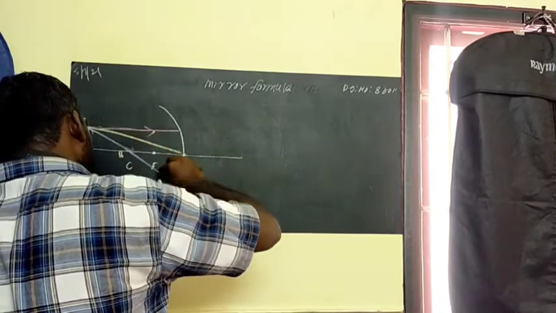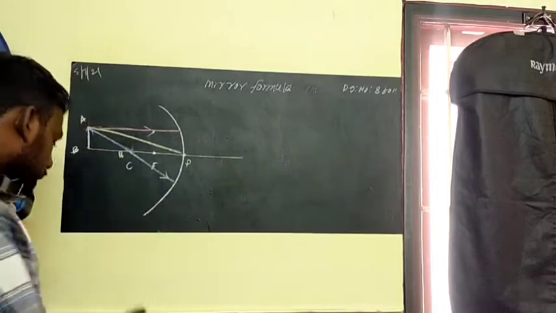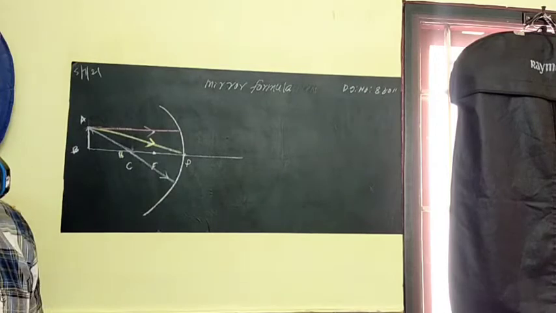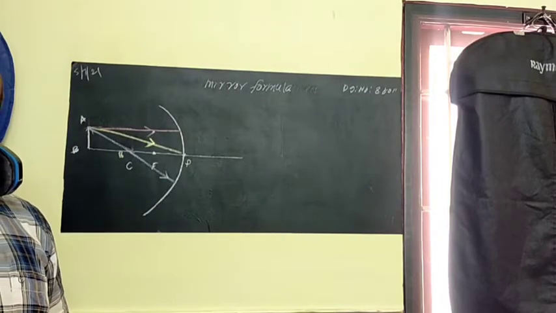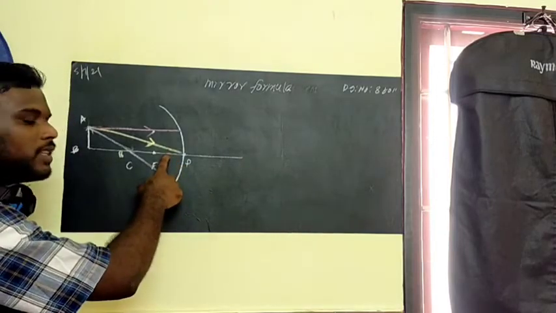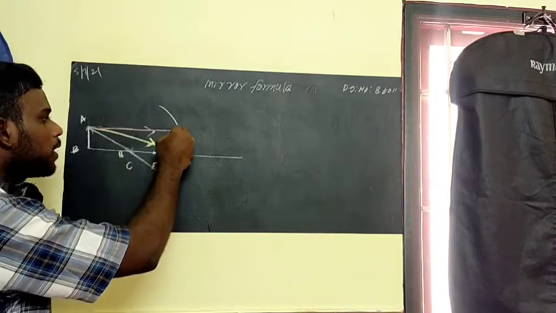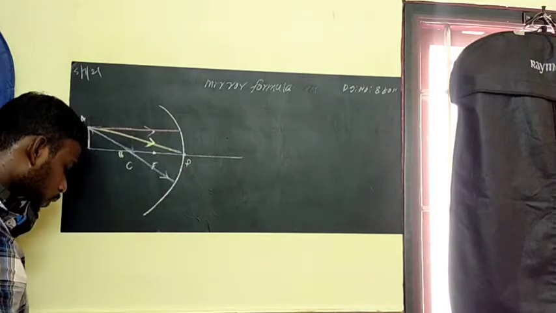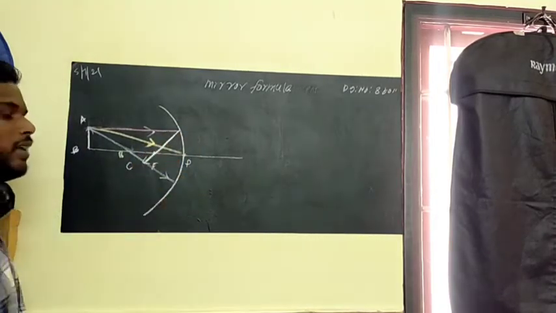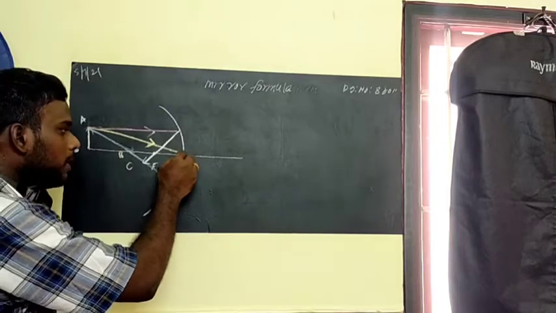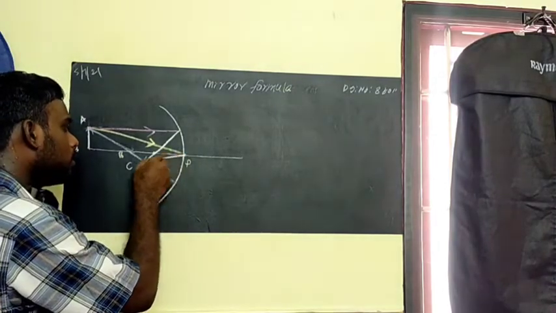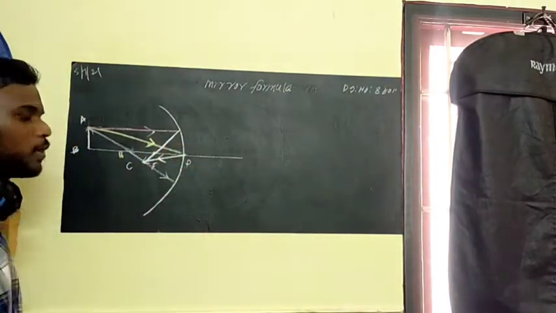It passes through C. So we studied the ray diagram conditions. We studied four ray diagram conditions where it will meet after reflection, and we know that when the light rays are parallel, after reflection it will pass through the focus. You can see that it passes through the focus. When the light ray strikes the pole, it will take the principal axis as the normal, so it will come like this. That is for the pole.